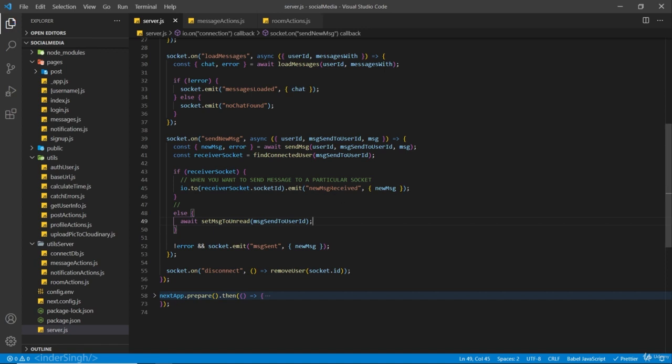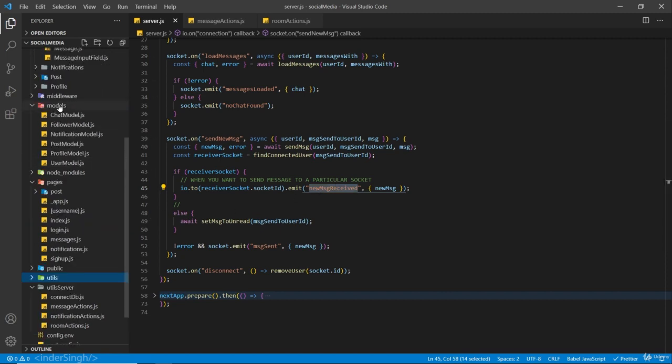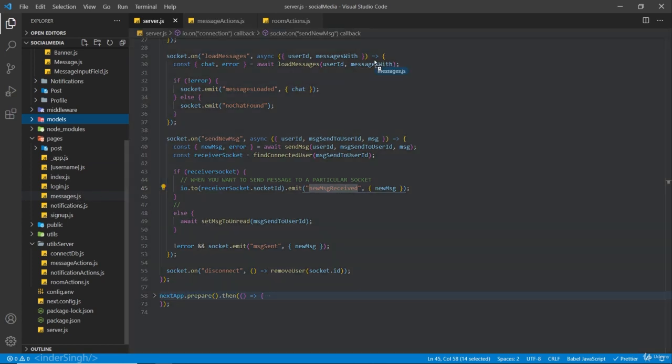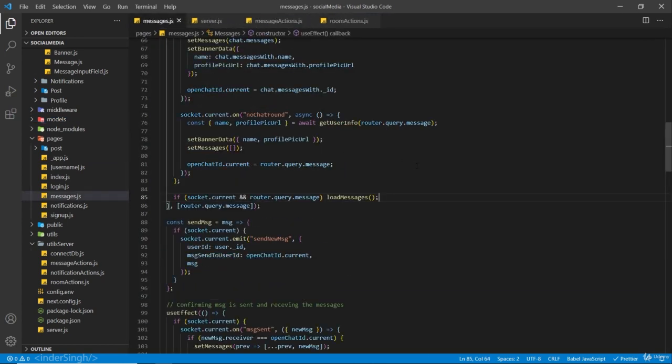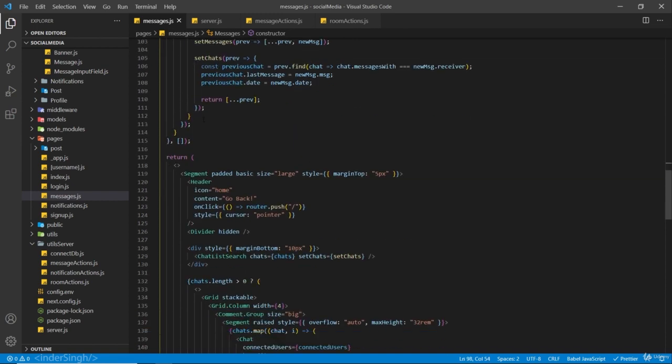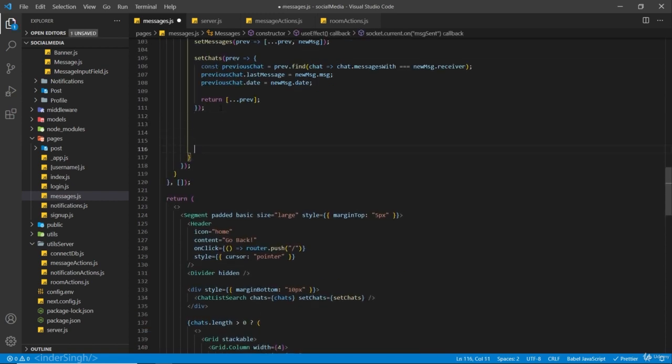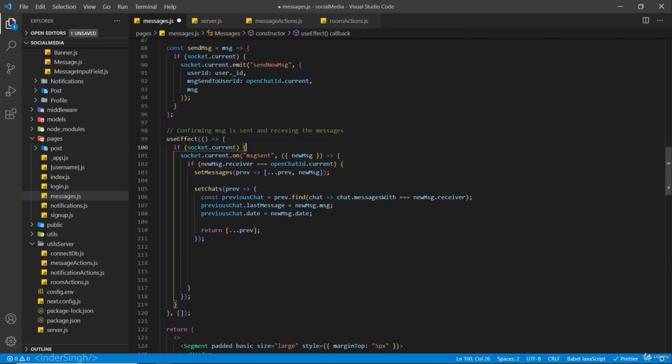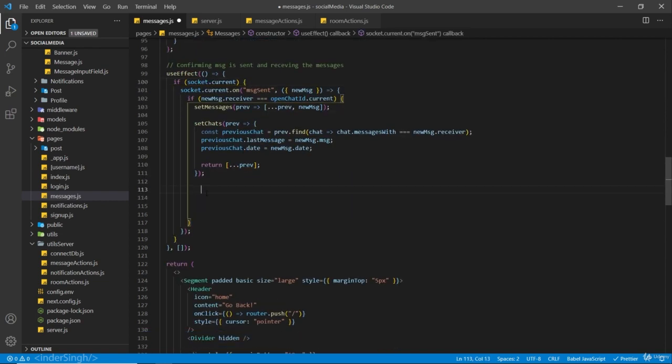So let's save here. I'm going to copy this new message received event and let's minimize all this inside our messages page. So inside this socket, confirming message is sent and receiving the messages. Make sure you are inside the if check. So here we're going to write socket.current.on new message received async, and inside this again we are going to receive the new message,